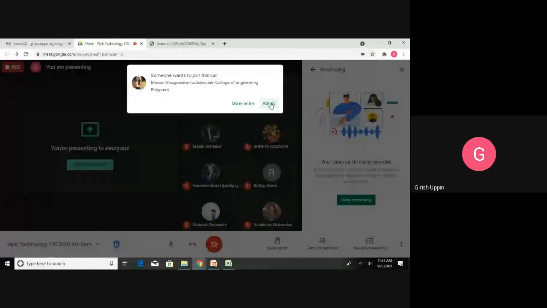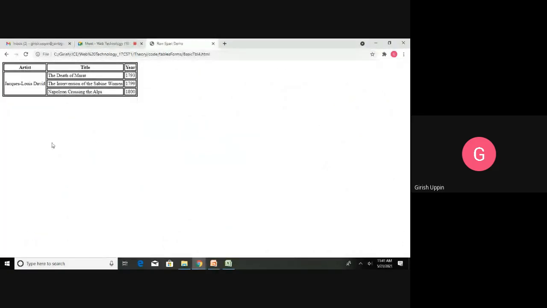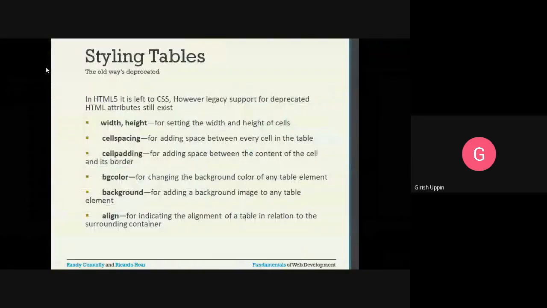All right. So yesterday we saw a couple of examples, basic table 4. Now this is one example. This is the cell spacing. In between two cells, that is called cell spacing. If you want to control that spacing, you can use this attribute, cellspacing.